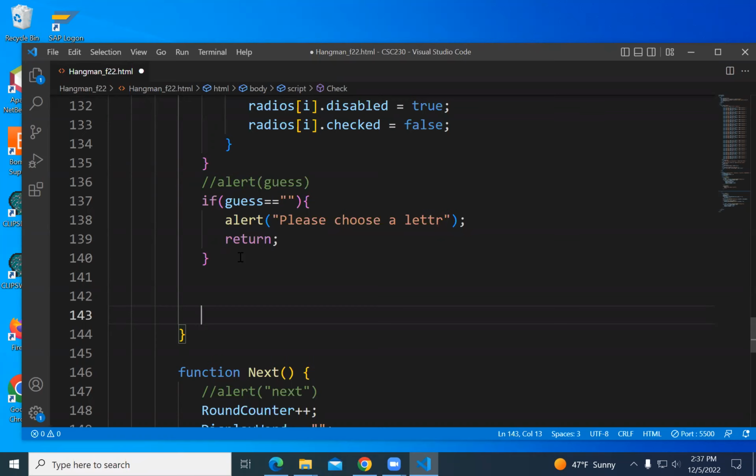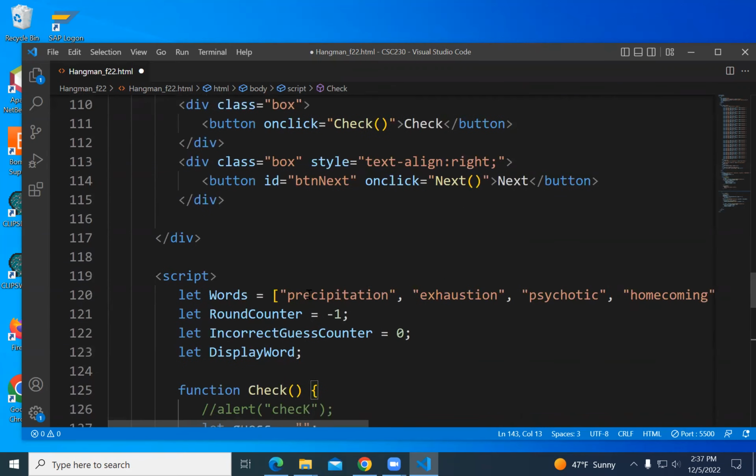And so if the word was precipitation, that was the first word, and let's say they guessed I, then I need to come along here and make it star, star, star, star, I, star, star, I, star, star, star. Wherever I find the letter, I need to replace that letter in the display word with a star.